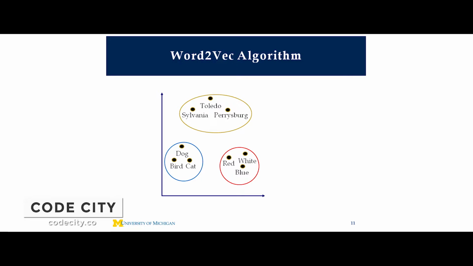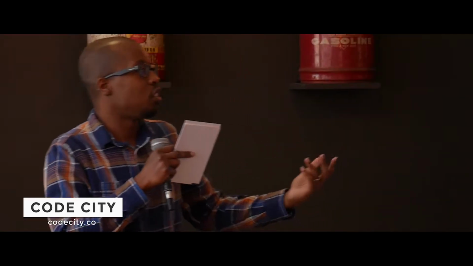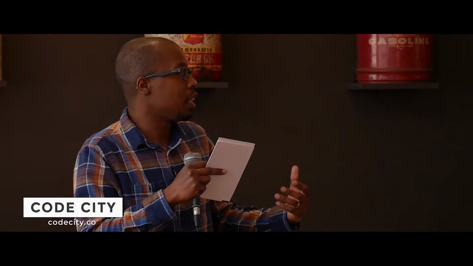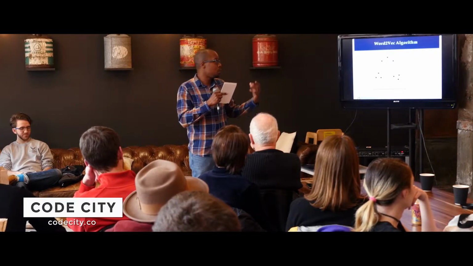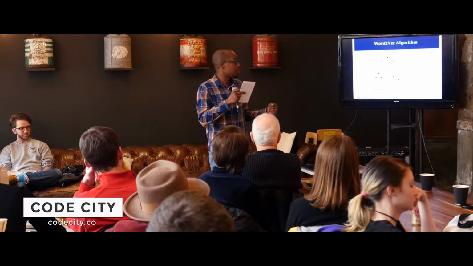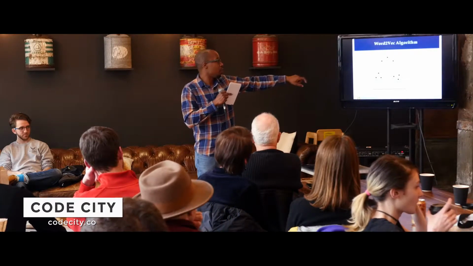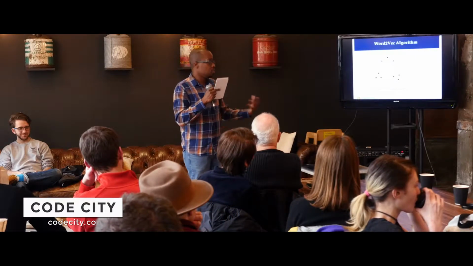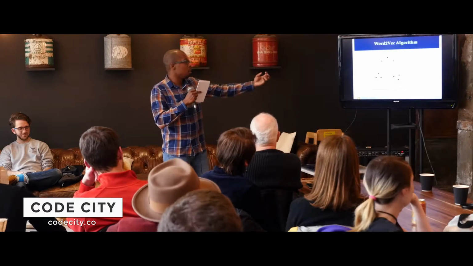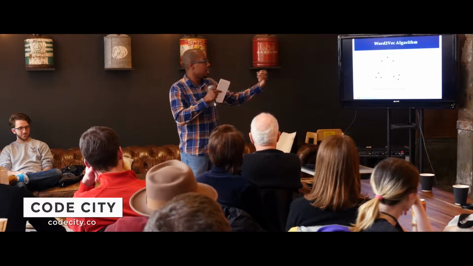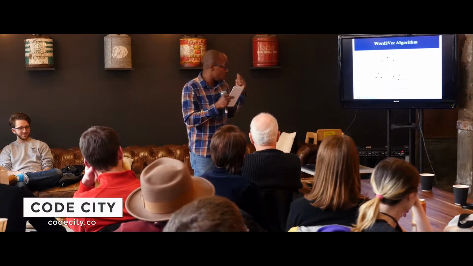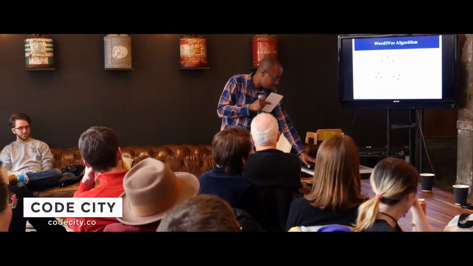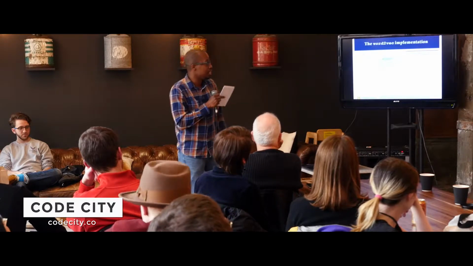These are the same words I just had up there, but certain words are used similarly. Sylvania, Toledo, Perrysburg. I drove to Toledo. I drove to Sylvania. I drove to Perrysburg. Those words are used in a very similar manner. These are cities, and we use them in a similar context. Here at the bottom we have cat, dog, bird. Again, animals, similar words. It's going to move them closer together because the concepts are similar and they're used similarly in language. That's the foundation of what Word2Vec does.